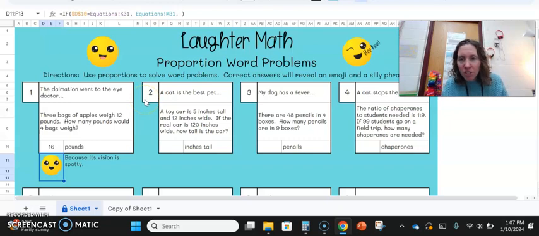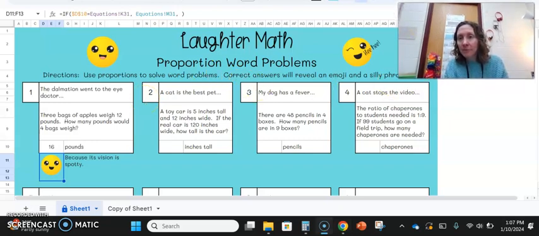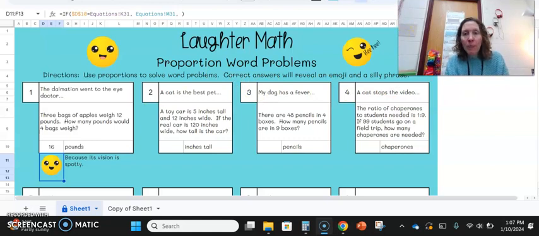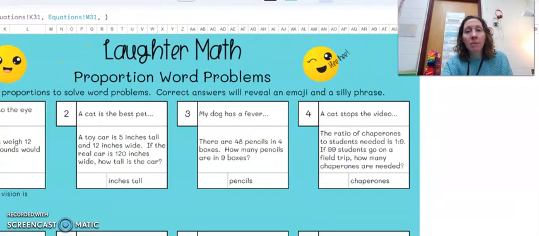All right, actually, I'm going to skip to a more challenging one. Let's do number 4. Let's scoot that up a bit. All right, the ratio of chaperones to students is 1 to 9. The word chaperones comes first. That means for every